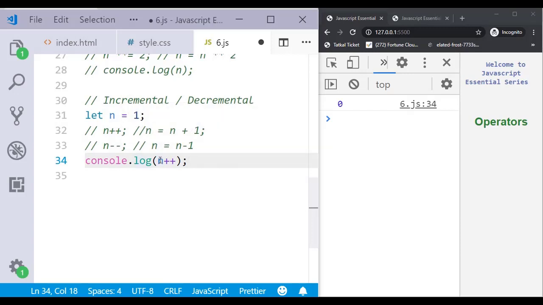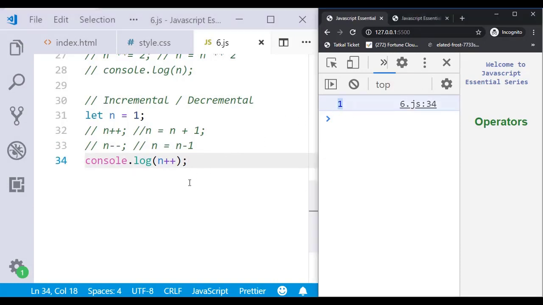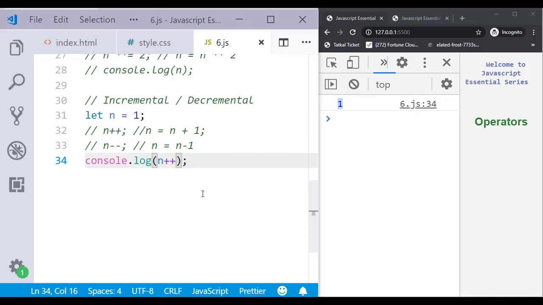So here the output will come 1 only, but the actual value in memory will change to n equal to 2. As of now the output should come 1 only. So you can see the output is coming 1 only.